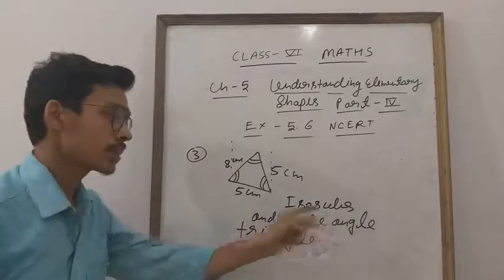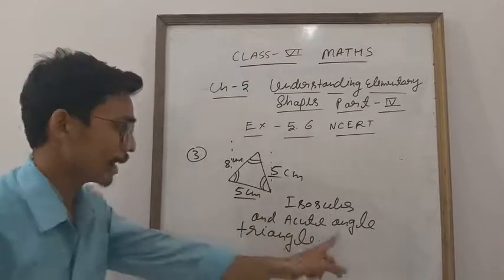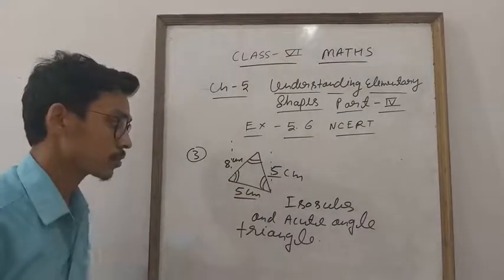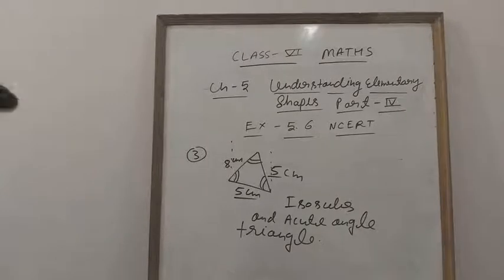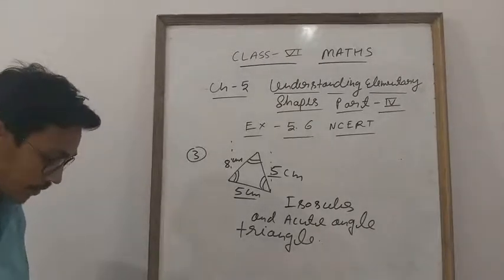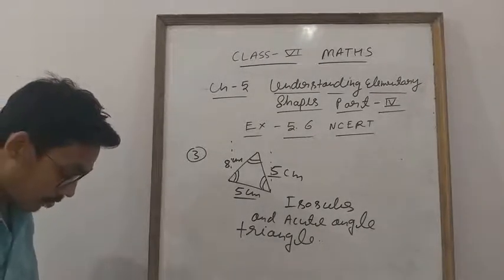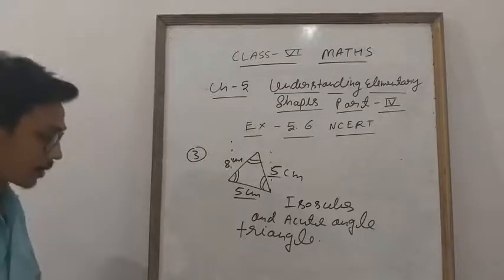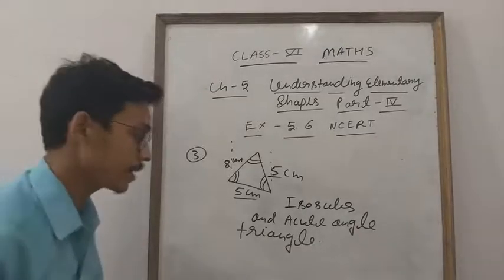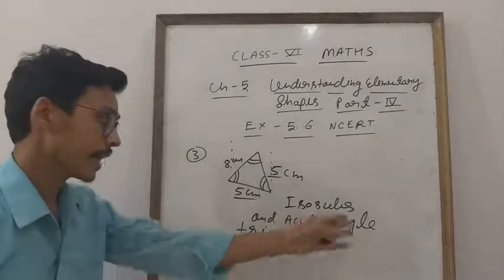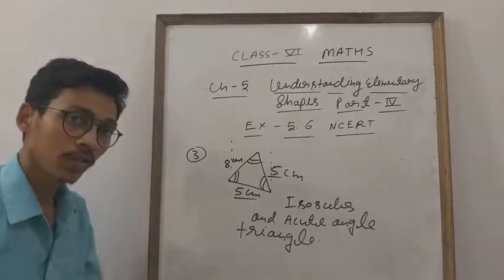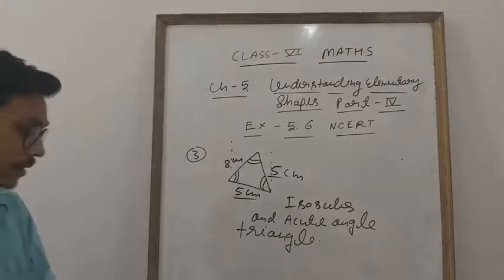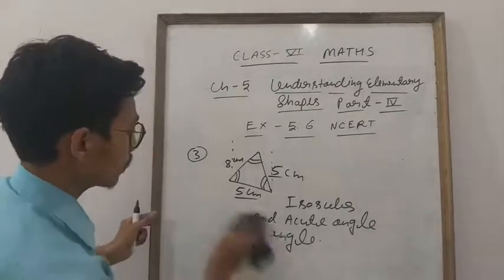Because you know that isosceles is on the basis of two sides, and acute is on the basis of angle, because all angles are less than 90 degrees. So this is known as isosceles and acute angle triangle. Clear, everyone? See, on the basis of this, many questions are given. Okay, everyone? So I think now you are able to solve the questions on the basis of this. Or you can also write acute angle and isosceles triangle. Okay? Here I write isosceles and acute angle triangle. Also in your book, it is given as acute angle and isosceles. Clear? Let's go. One another question I am going to explain.